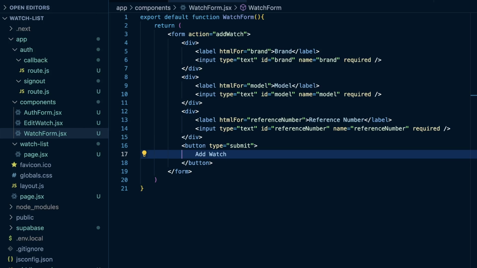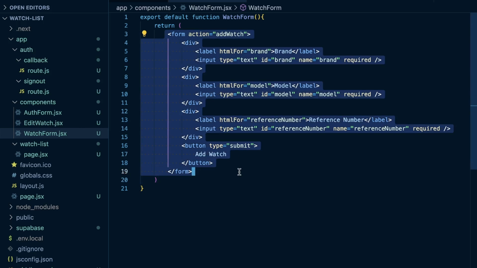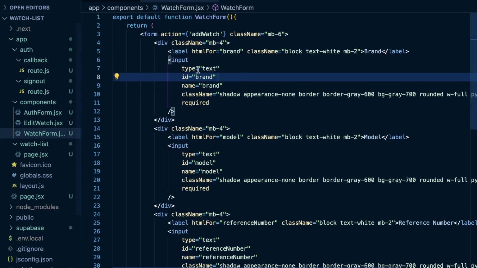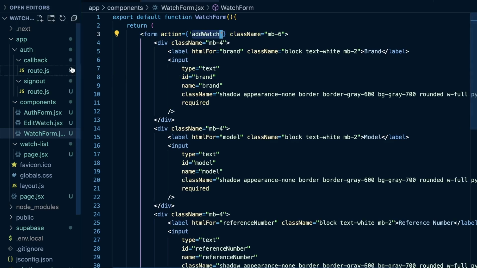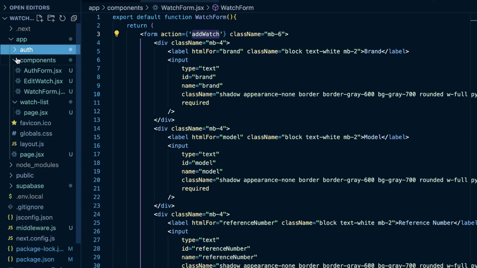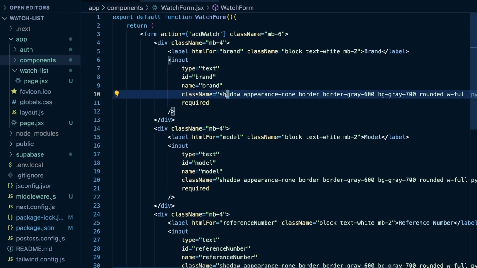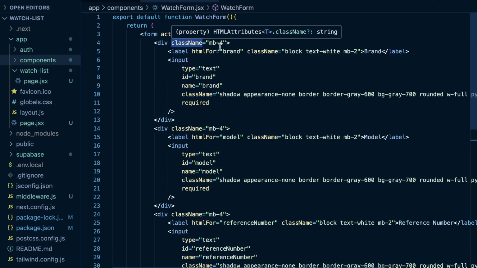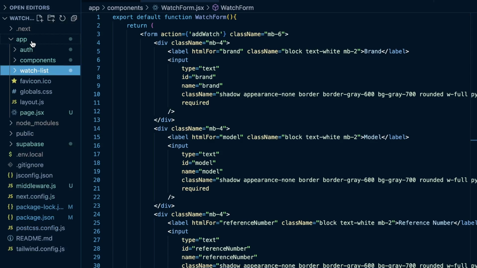Now I'm going to go ahead and add the styles for this page. You can go ahead and copy and paste these, or you can also do what we've done earlier and ask ChatGPT to style this within Tailwind CSS. So I've gone ahead and added these styles here. But now that this is in place, what I do want to do is go ahead and add this server action for this form. So when the user clicks on this add watch button, we use a server action to basically add this watch to our database. So the way that we're going to do this is within my app folder here,